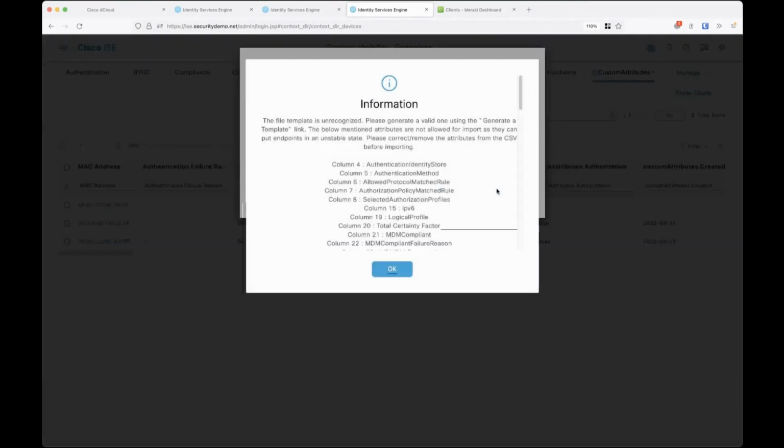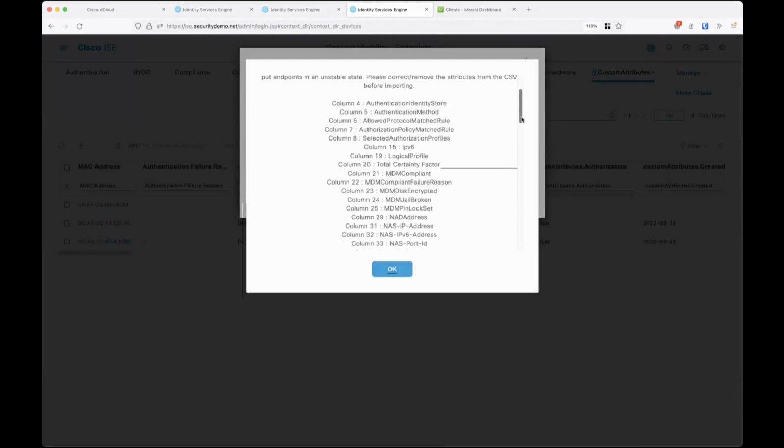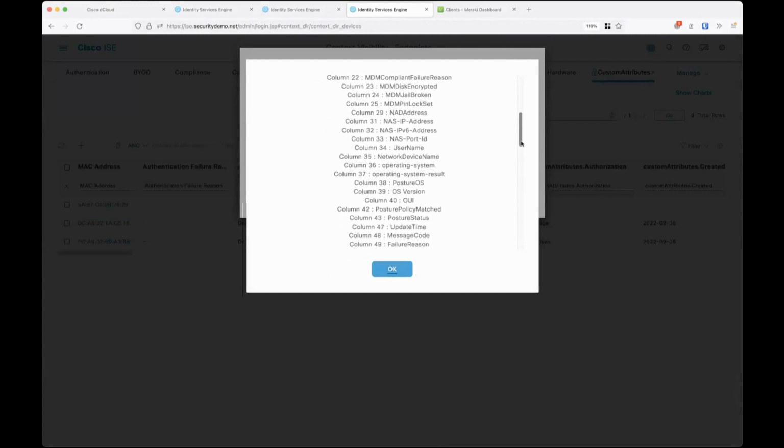Well, look what happens. It doesn't like some of the attributes. Some of those attributes it doesn't want to import because they're dynamic, right? If you think about it, like MDM, that's fairly ephemeral based on whatever the endpoint compliance might have been. And same thing with the network device that it's coming in on. These things probably don't really matter,